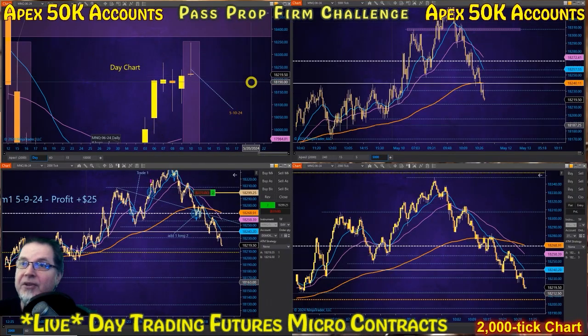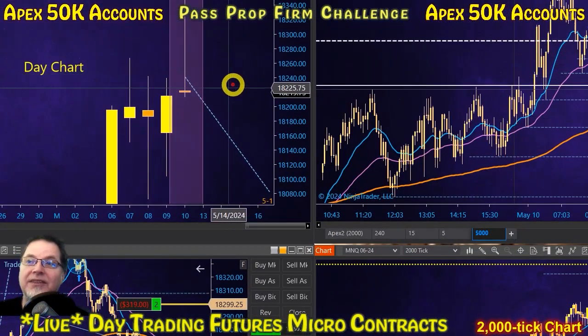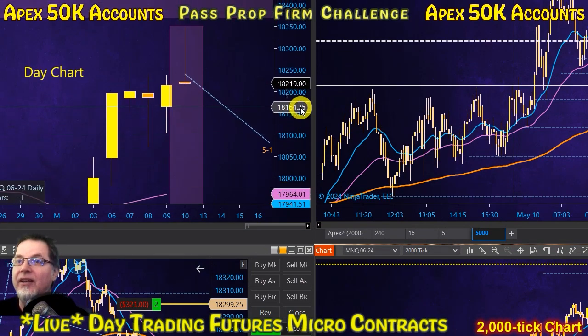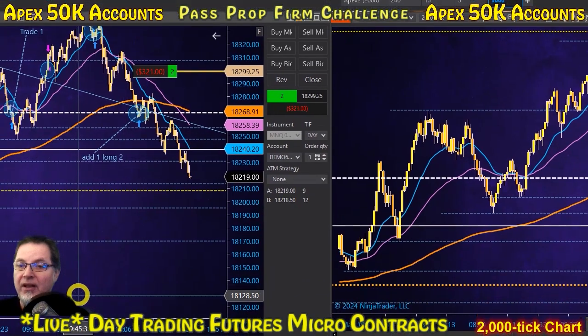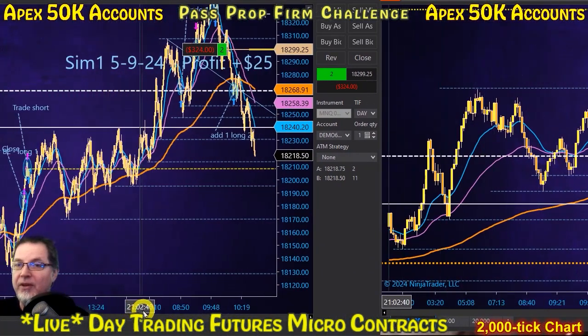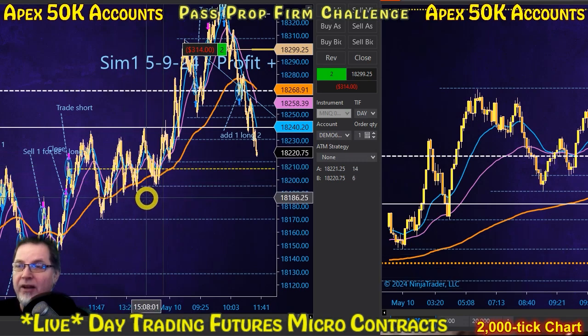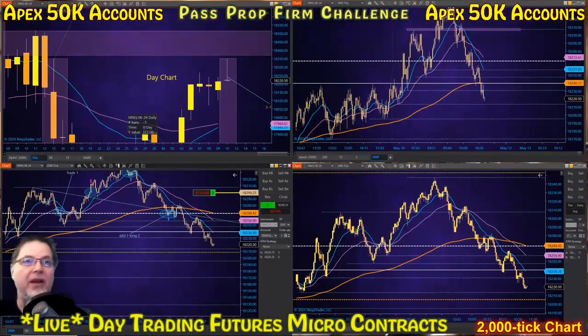All right, we have officially turned into a red pintail reversal formation on the day chart. That's pretty wild. So how far down can it go? Will it continue to go down? Is it going to find support? I'm looking forward to a sweep of liquidity down in this area right here, and I will try to add one more to my position, and I think that's reasonable. So we'll wait patiently to see if it comes down.